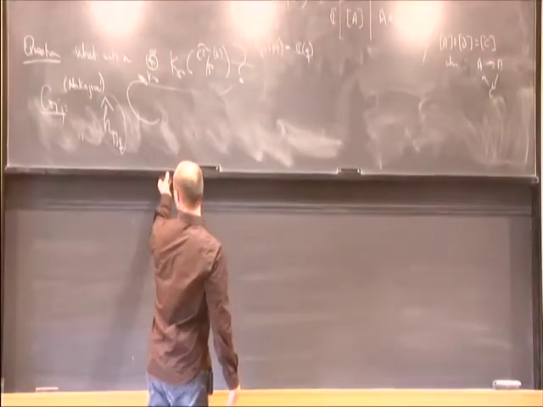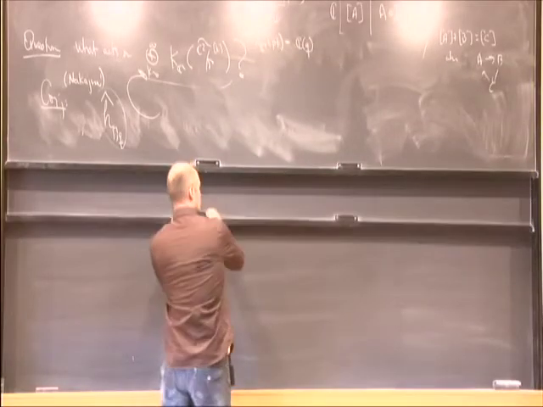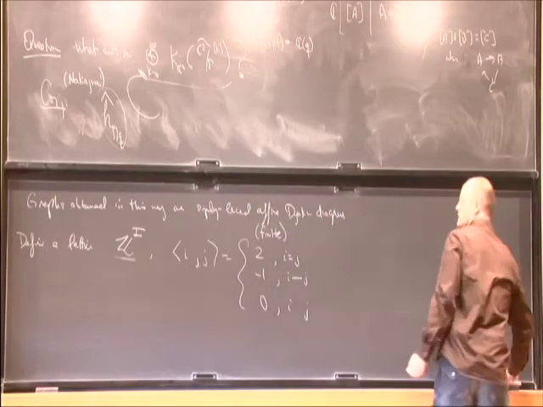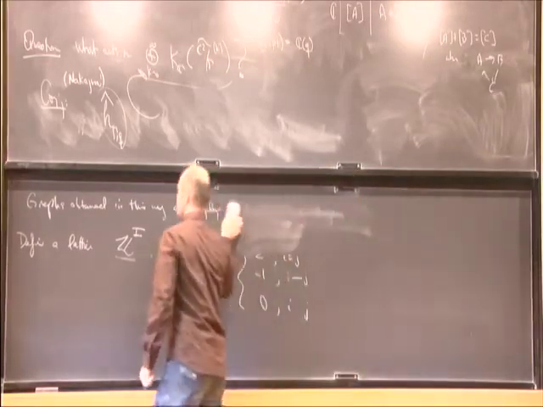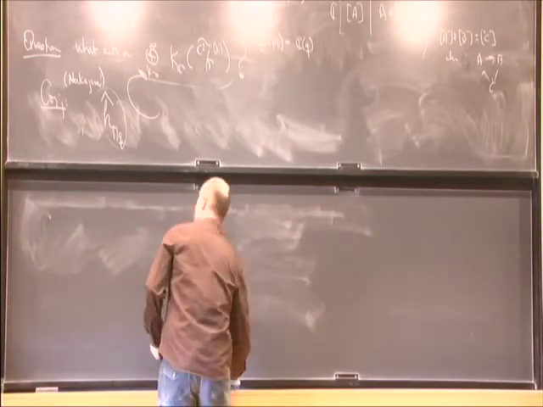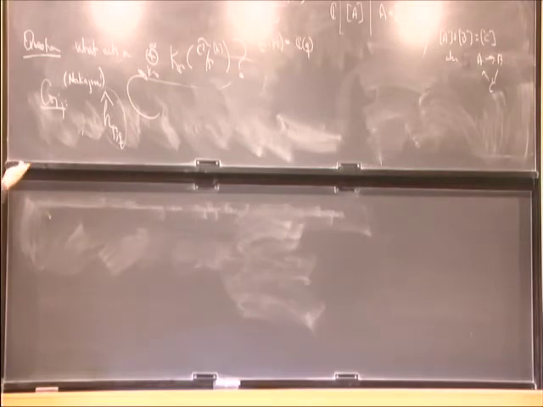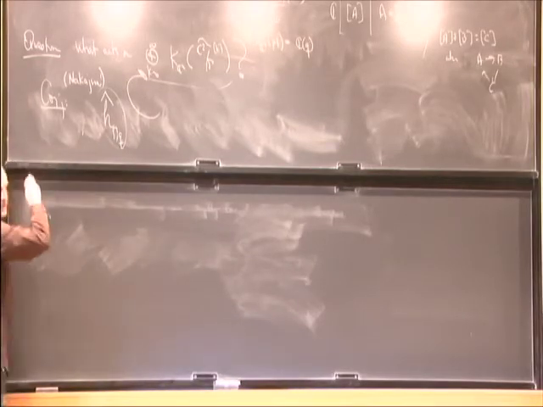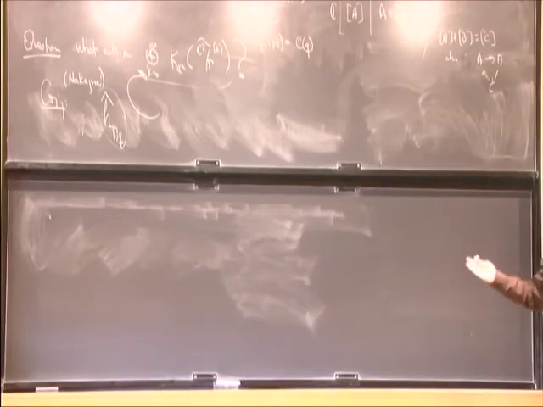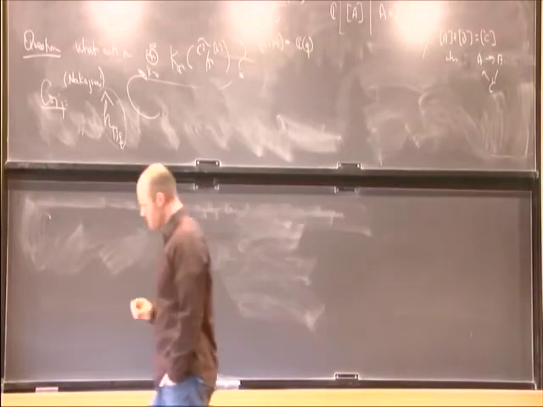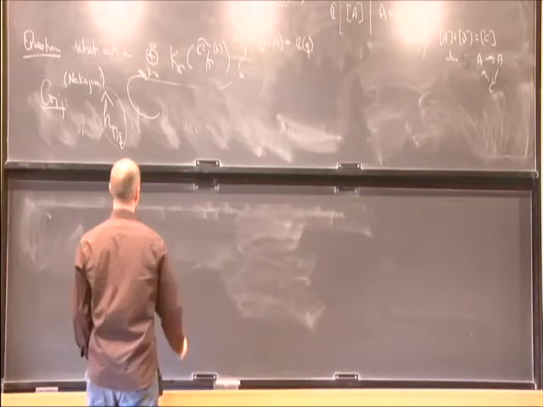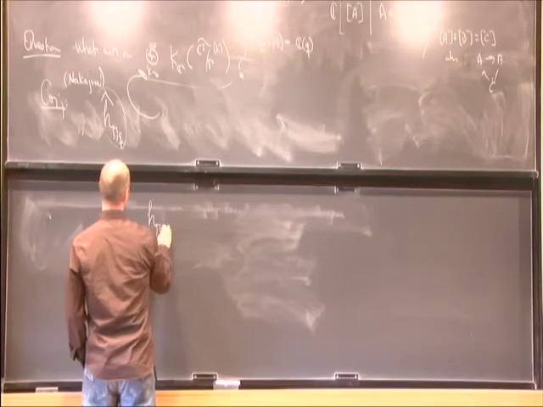OK, so this was more or less the state of the subject in the 1990s. So what I want to do in the remaining time is explain to you how to prove this conjecture, because the proof uses a slightly more modern perspective on these sorts of constructions. So, okay, suppose for a moment that you believed that